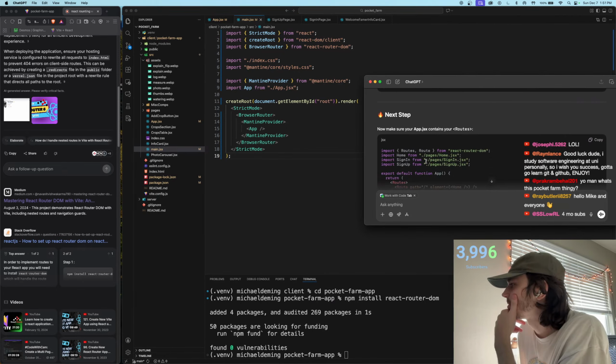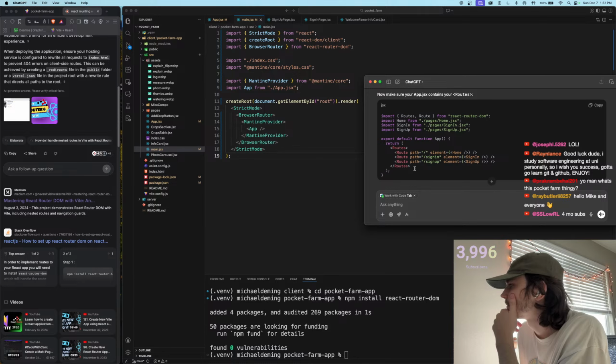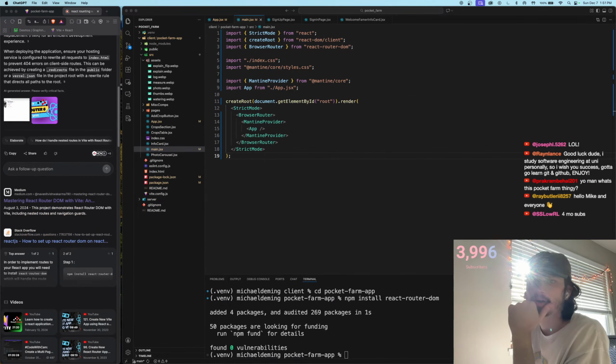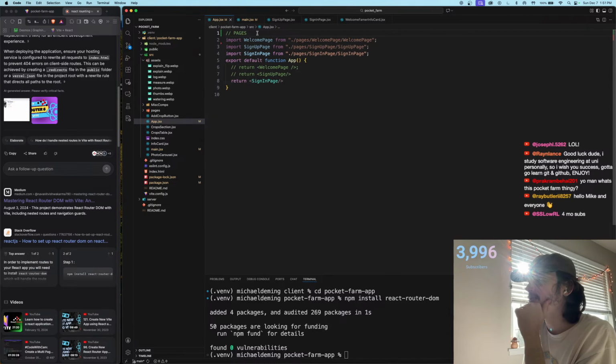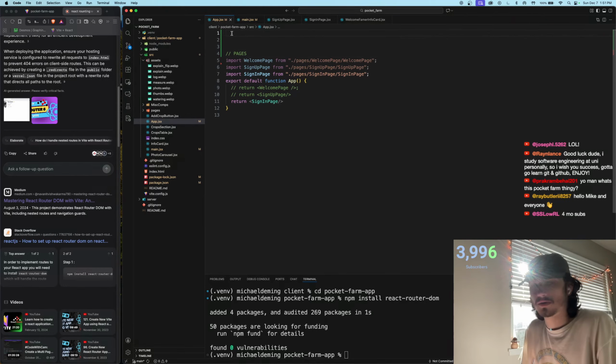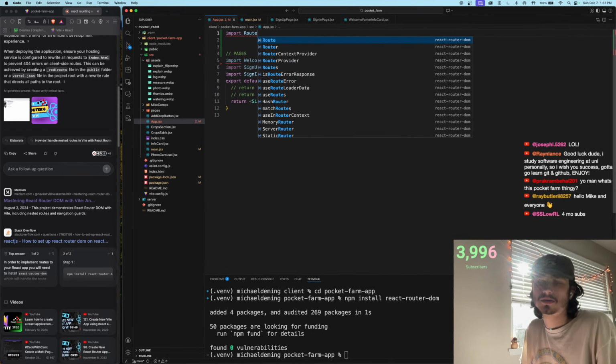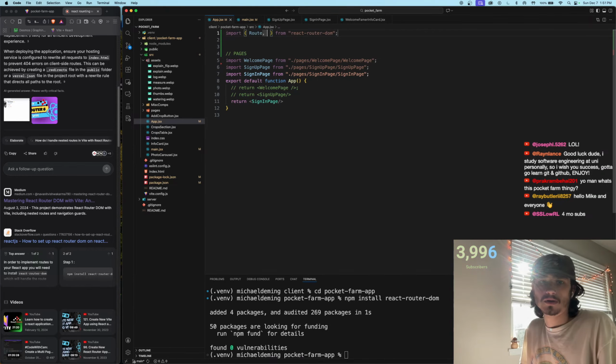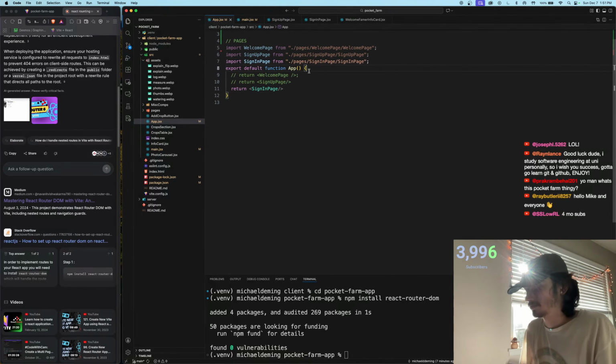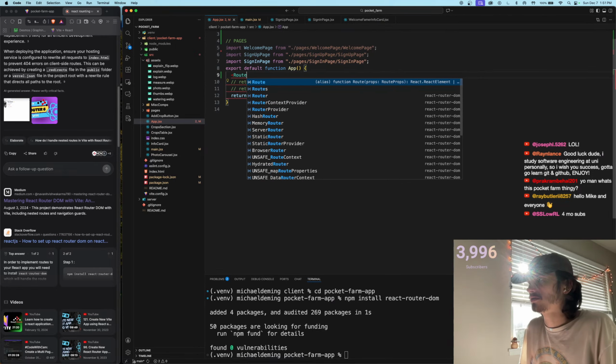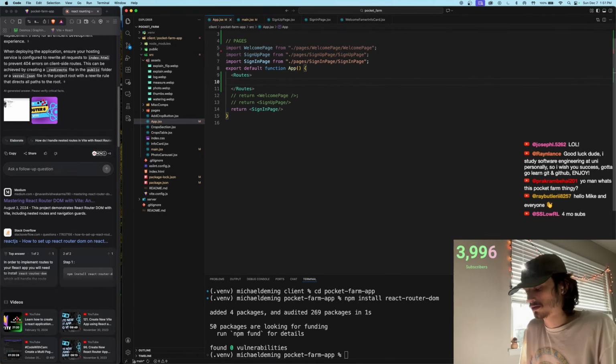So next step, make sure your app contains routes. Okay, so now we need to do routes in our app here. So let me do these. So in our app, we have import Route and Routes. Okay. And then we're going to do in here Routes, Route,